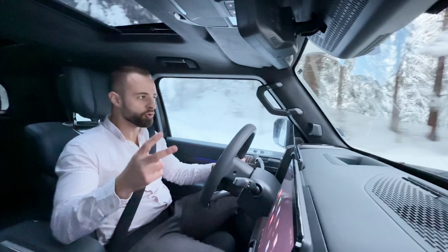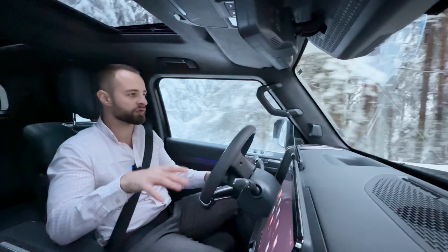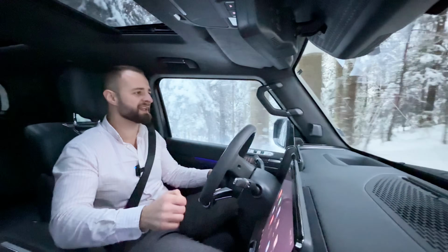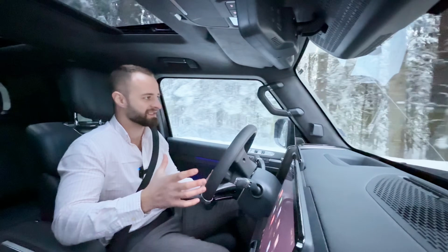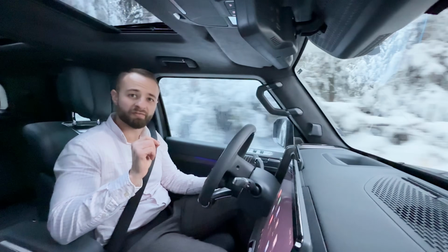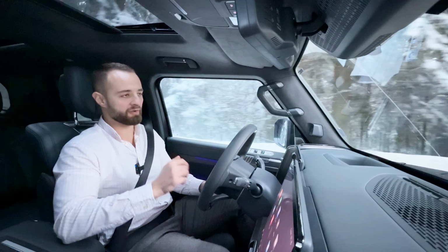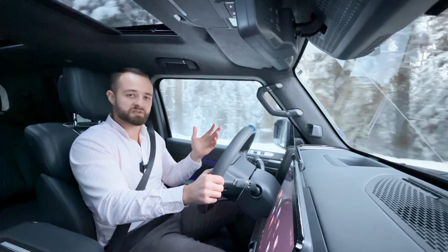Now I want to mention two things that are very important. One, since this car is electric, we need to talk about the electric drivetrain and obviously the battery. The battery has 150 kilowatt hours of capacity, which is massive. Now the drawback is it has only 100 kilowatt hours of charging capacity, so it will take you a long time. If you want to charge it from 30 to 80%, you will have to spend almost 45 minutes